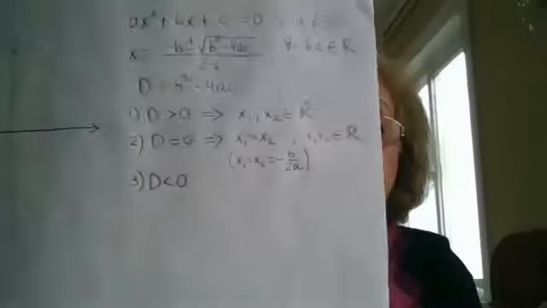The last case is when you are plugging in the A, B and C values, you square B, subtract 4 times A times C, and you are getting a negative number, which is the value of that discriminant. D is less than 0. It is negative. So what can we get as a conclusion here?